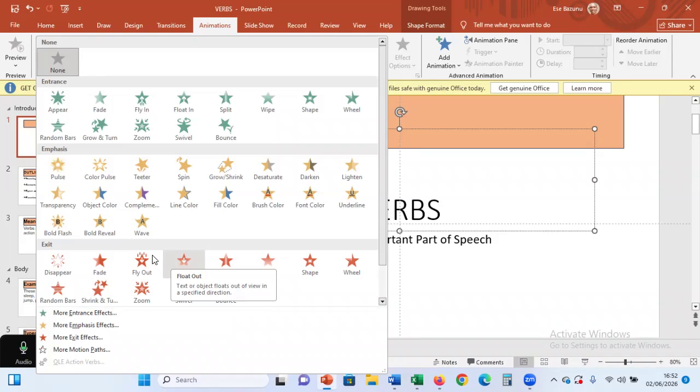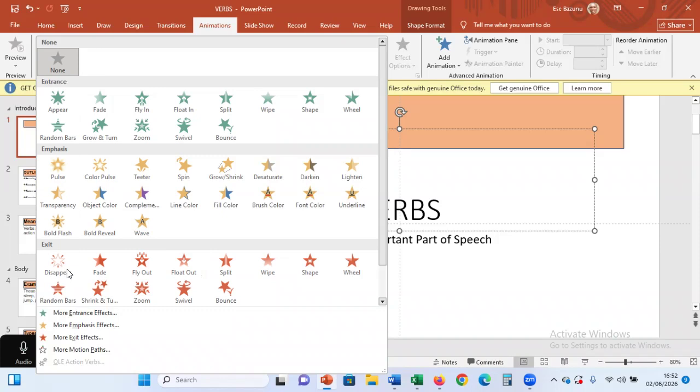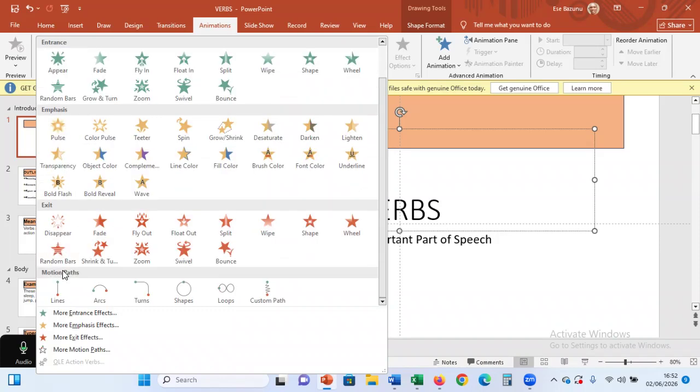They are three. So for animations, we have, is it five or four? Four